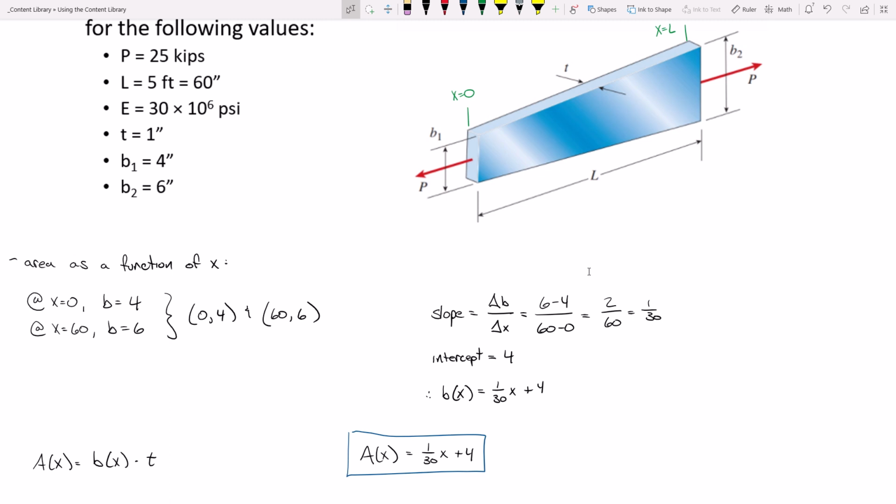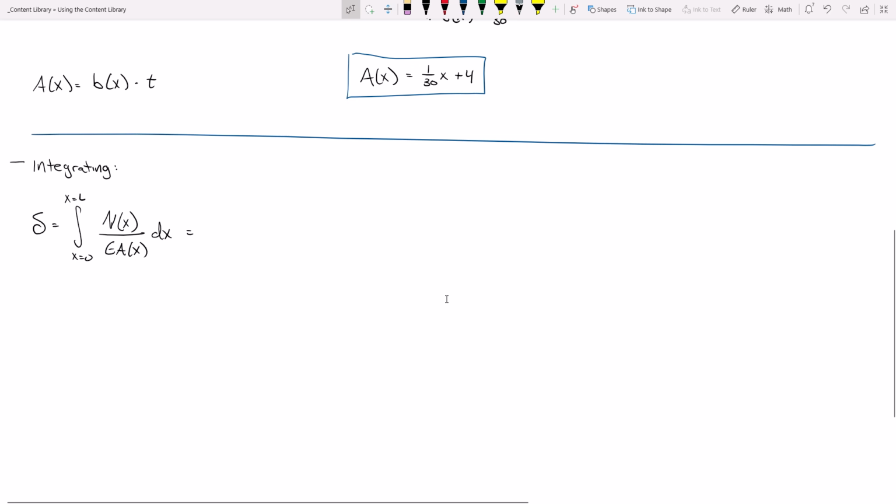So P is constant. It is the area that's variable. Now, could we have a scenario where both are variable? Yeah. Imagine if I took this bar and considered its self-weight acting up and down. Then you have a variable load and a variable area. I don't think that that makes the problem more intellectually challenging. It just becomes more of a calculus problem, so we can do it, but I'm interested in you learning the concept, so we'll move past that. But for this problem,